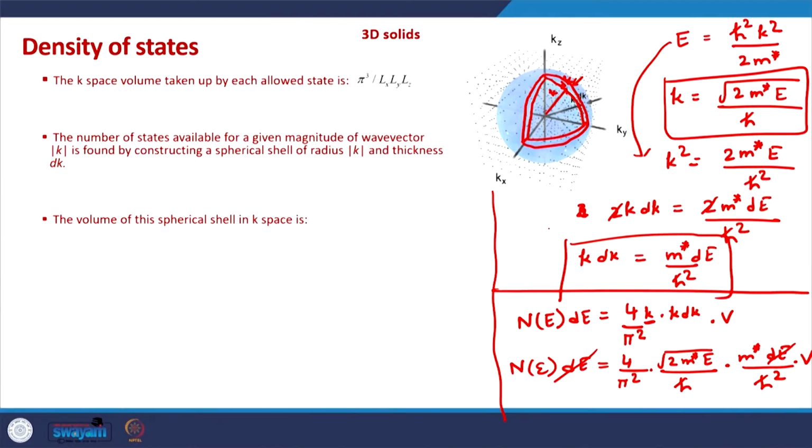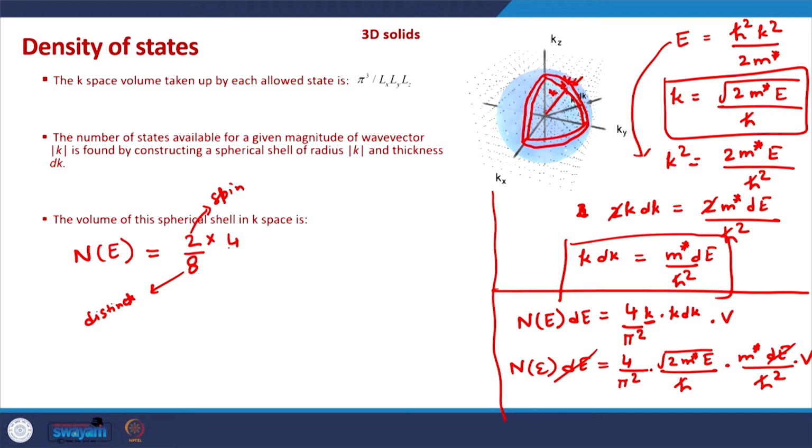So, we just need to count the number of electronic states in one octant. Here we have done the calculation for all 8 octants. So, we need to multiply by 2 for spin and divide by 8 for distinct k values,